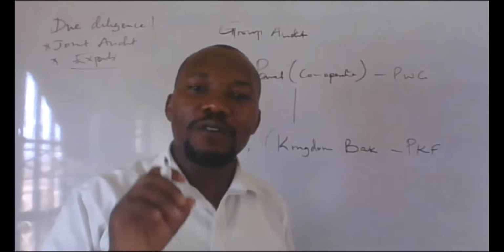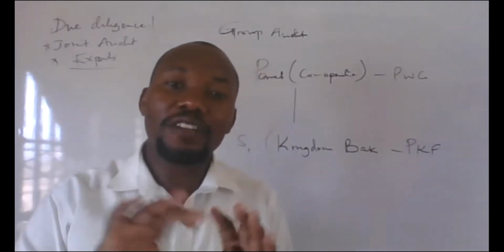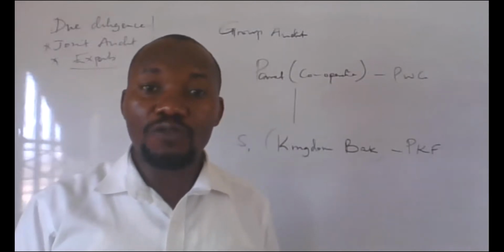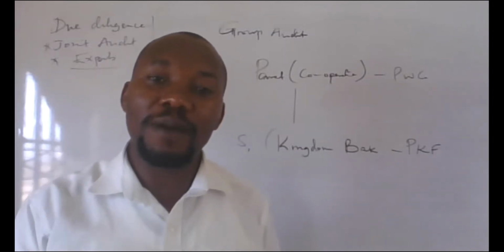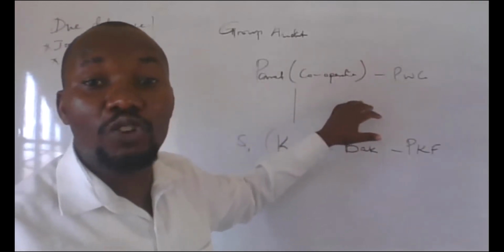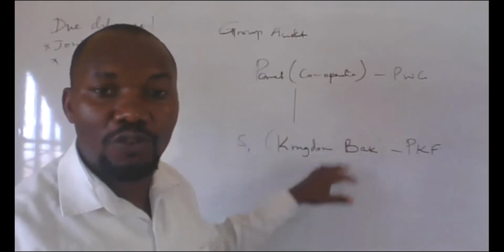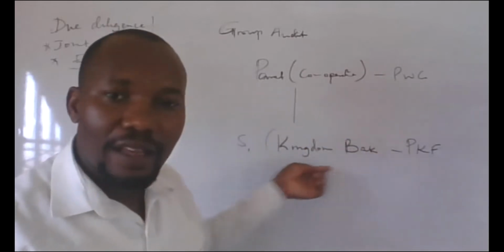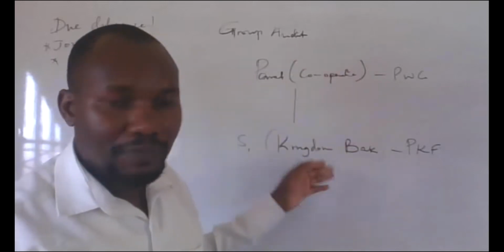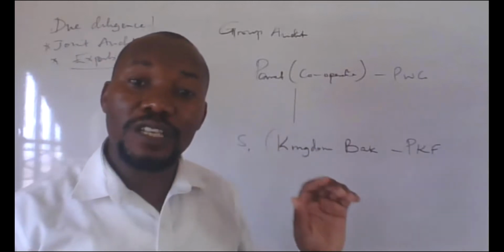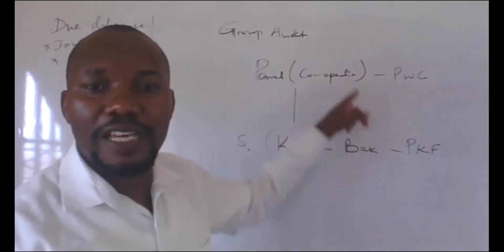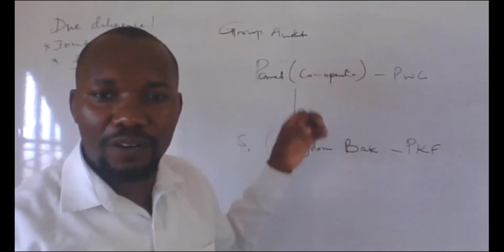But now, what is very important for you to understand is that there is some kind of risk that comes as a result of audit. I'm sure you will not want to sign a report that has been done by somebody else. Remember, when this report is being signed, they are going to sign a group audited account, a group audit, which includes the report from the subsidiary company. It will be part of the whole group. As an auditor, you might not be comfortable signing a report that was done by someone else. He has done the job, but you take the risk by signing, confirming that they're okay.